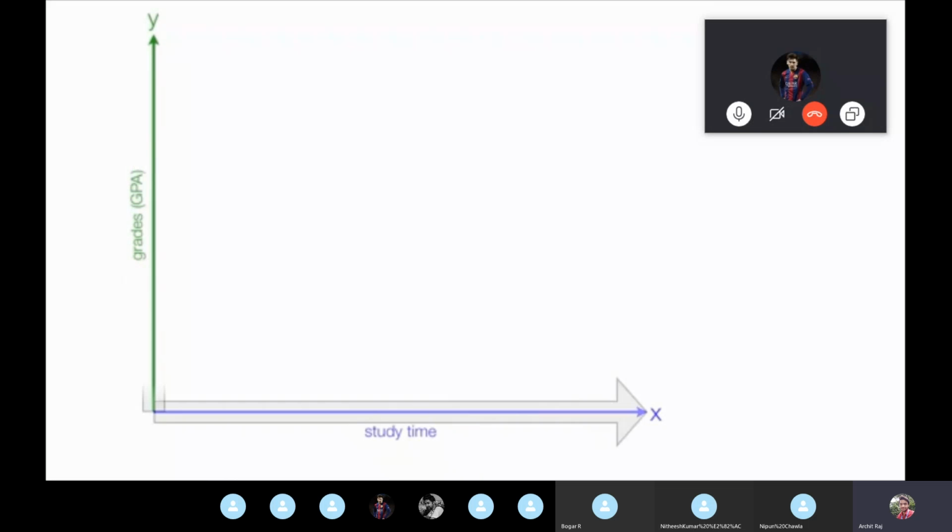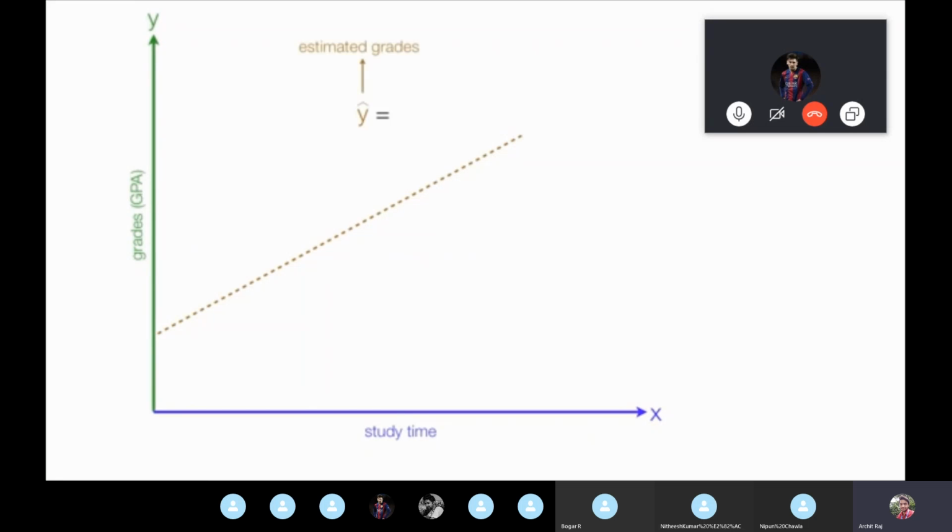Now just imagine you take a condition like study time to grades. The more the study time, the more the grade should increase. It's not always right, but taking an example, the more the study time, the more the grades should increase. So for this, you'll have a positive relationship, as we spoke about. For that, we have y hat, which is the estimated grades which the machine will tell, equal to b0 plus b1x.